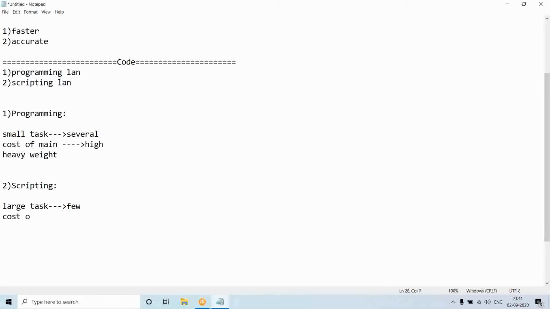Because of that, the cost of maintenance will also be very low, and we call scripting languages lightweight languages.